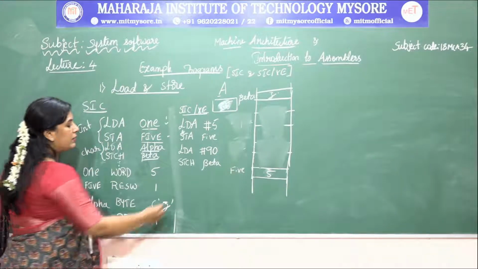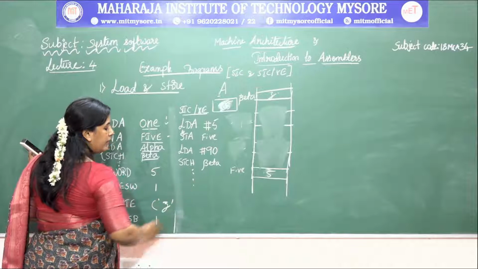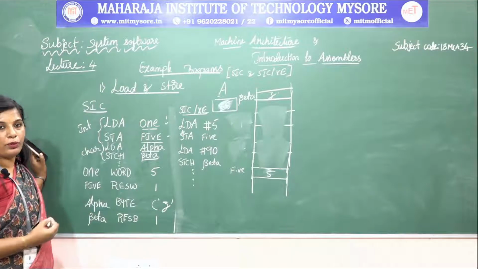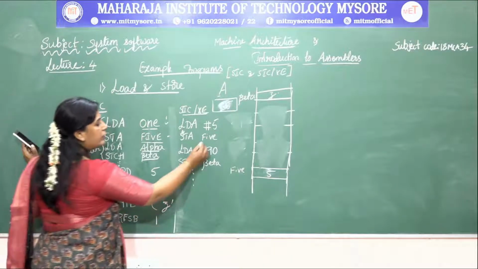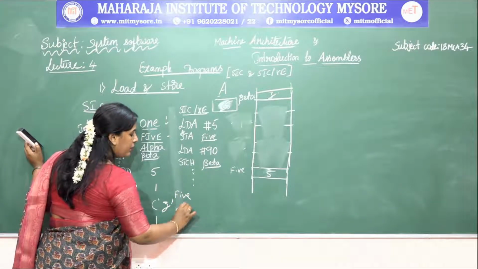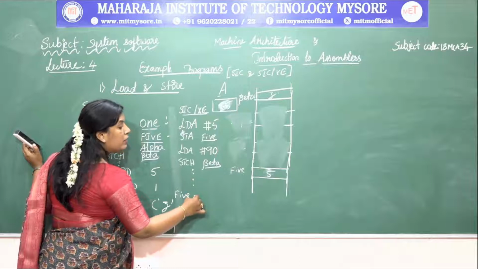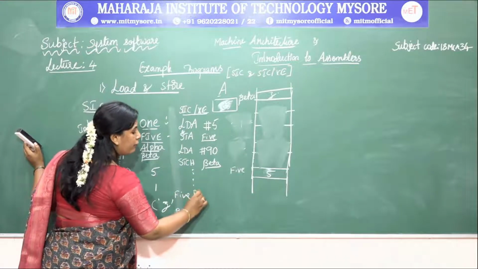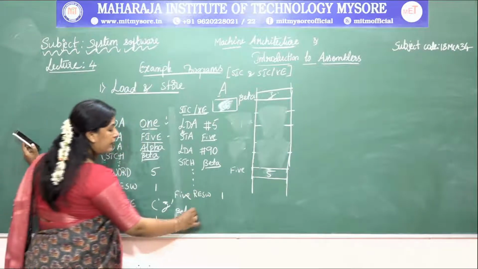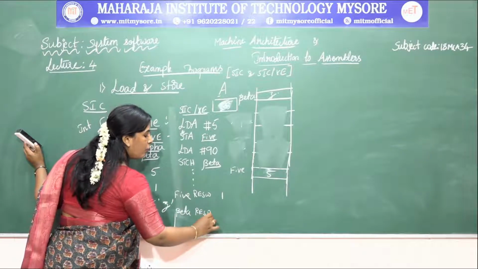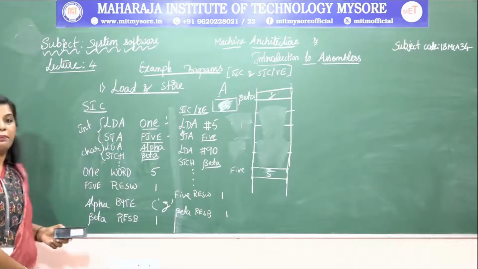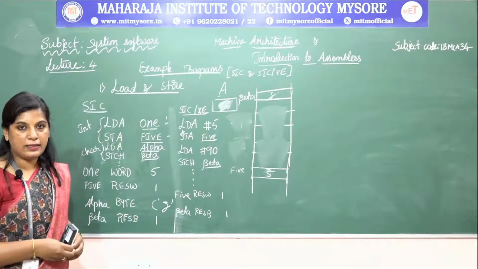Right? So here, the number of variables required for that program is going to be reduced. What different variables are we using? Five and beta. So five, what kind of data type is it? We are reserving, yes, of course it is a reserved word. How many words are we reserving? One. So what is beta? It is a reserved byte. How many bytes are we reserving? One. So this is how we can write the same program by using SIC and SIC/XE programming.